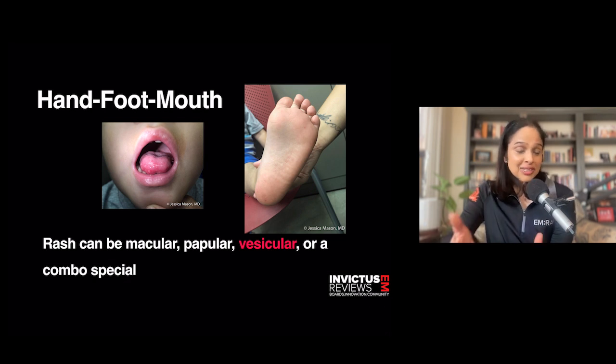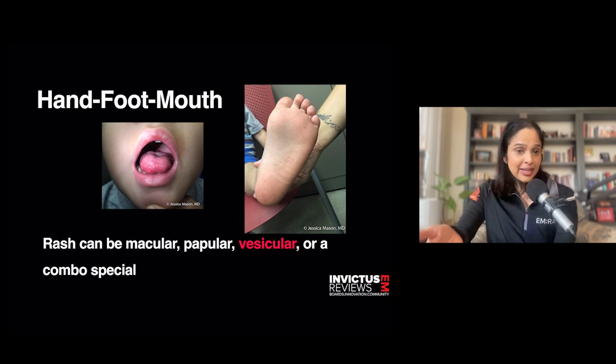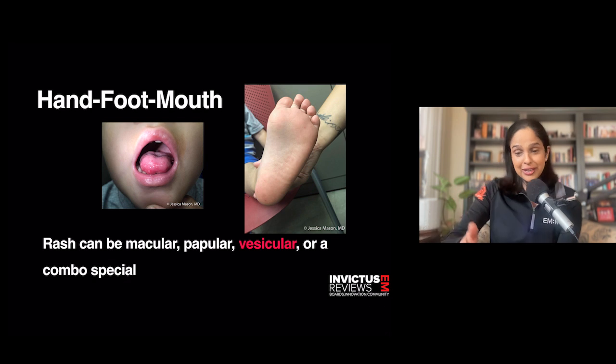So the rash, you can't count on it looking like a certain kind of rash. The mouth is usually vesicular, and that's going to be a tell, or if they pop, you'll see tiny little ulcers. But the rash itself on the hands and feet and butt can be macular or papular. It can be vesicular. It could be a combo special. Who knows? But you're really looking for a sick looking kid with these varieties of rashes and things